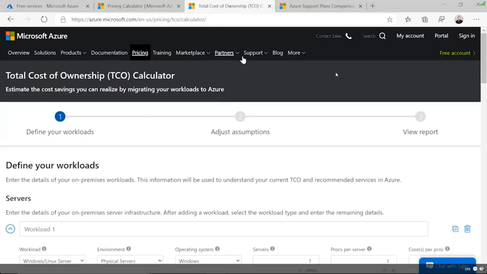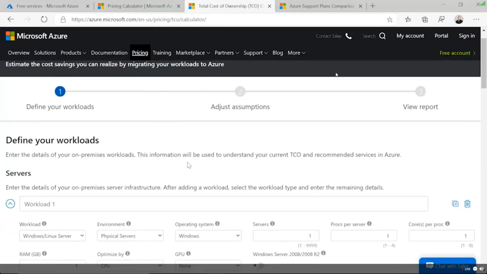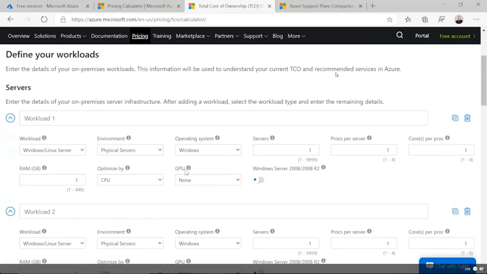I just want to cover the total cost of ownership calculator real quick. Now, the calculator just showed you a pretty easy exercise. Put some stuff in, tell you how much you want, gives you a price. This is not one of those tools. The TCO calculator is basically our pizza as a service. How much does it really cost to make pizza at home? How much does my oven cost? How much does it cost for my time and labor? How much does it cost for cleanup? All that stuff. We have that ability to do that from an Azure perspective.